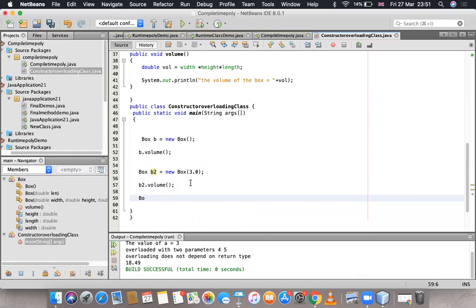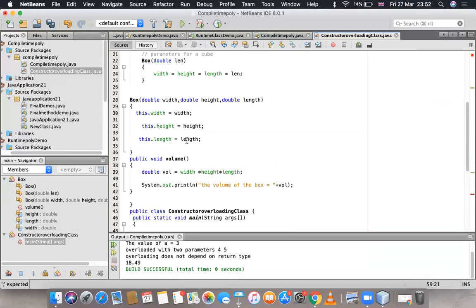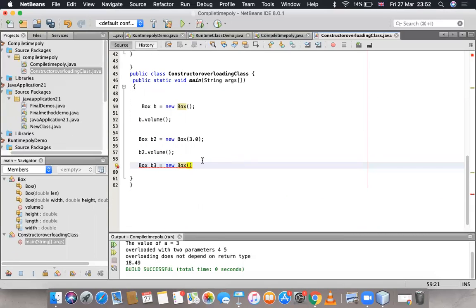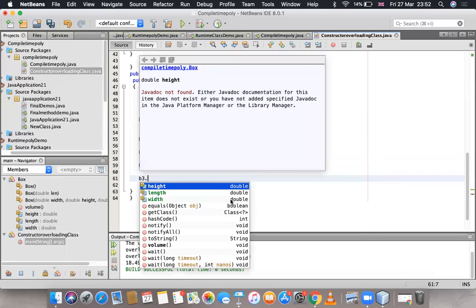Now I'll create one more object, that is Box b3 is equal to new Box. I need to pass three values to invoke this particular constructor. So I'll be passing 2.4, 5.6, 8.3, and then b3 dot volume.